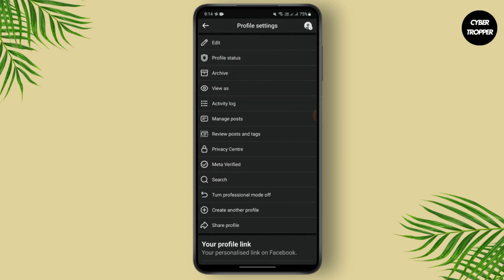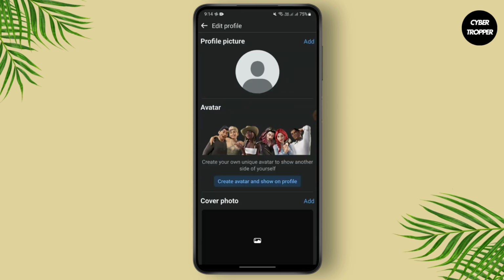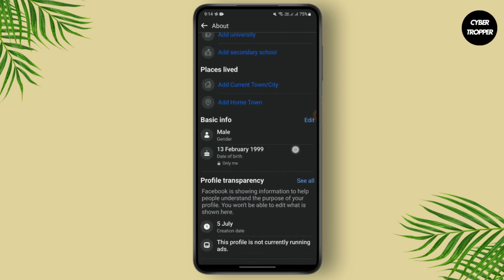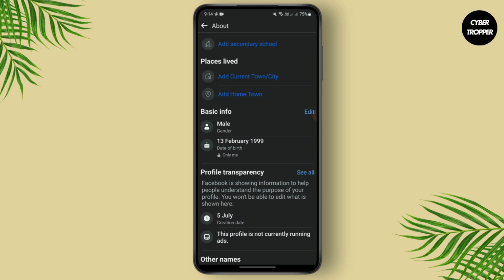After tapping on it, tap on edit. And here, I want you to scroll down until you see edit about your info. Just tap on that option. And when you scroll down a bit, you will be able to see this basic info section where you will be able to see your birth date. Just tap on birth date, or you may just tap on this